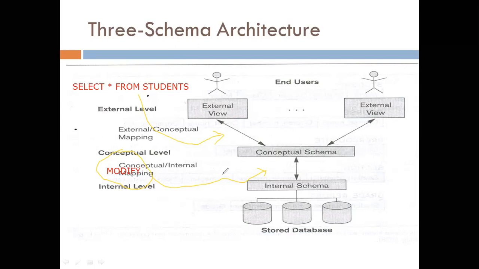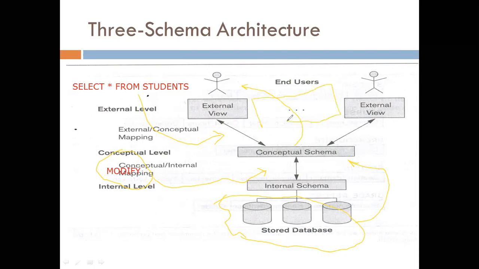Once the modified command reaches the internal schema, based on this modification, it will search the related data in the entire database. It will extract it, and the extracted data is sent to the conceptual schema. Then the conceptual schema will modify the result and present it to the end user in a table format.